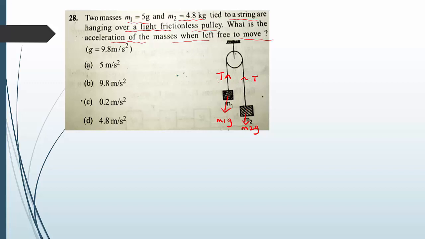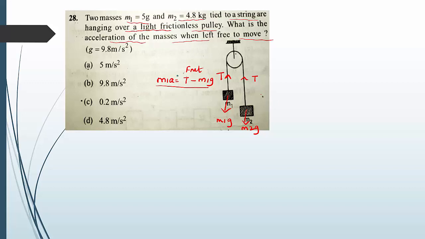So come to the first part. We can consider here the net force. For the first part, it will be equal to T tension minus m1g, right? This is equal to what? F net, means we can write here it as m1a, right? m1a, this is net force. So upward is tension, downward is weight of the block.